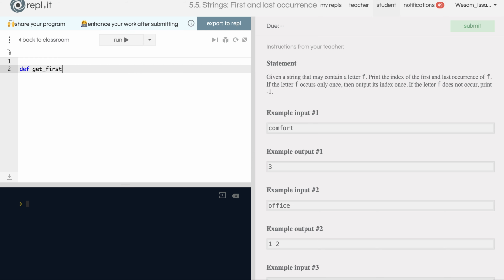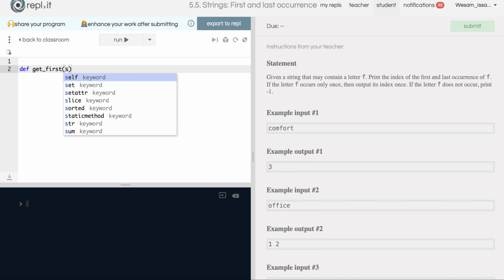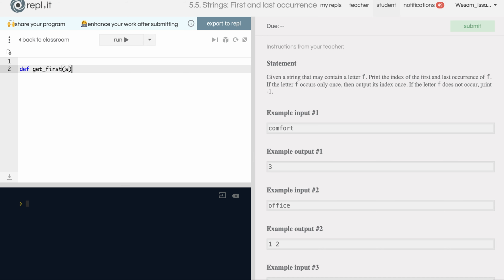Get first. And we take in a string, let's say words, or s, let's just call it s. We'll take in s, and what we want to do is return the first occurrence of s. So let's use a loop. Let's iterate through s and see what gets returned. So how do we do this? We'll say